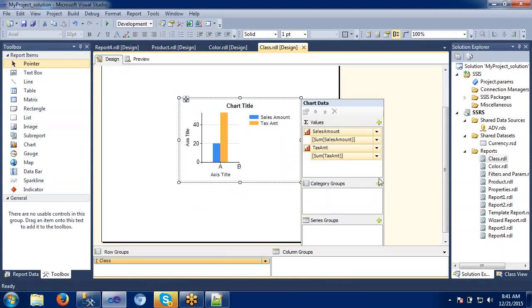Coming to this category, I will add some color here. It has already shown some colors, A, B, C, D, E, F, right? So when I give this category, automatically it will be categorized based on the color here. Generally, this type of category is used if you want to see yearly data, monthly data, or quarterly data. That will be grouped as one level and displayed here as a category. Let's preview it here.